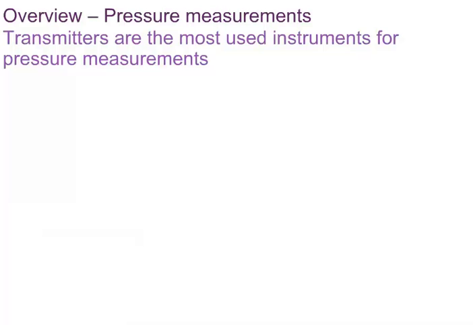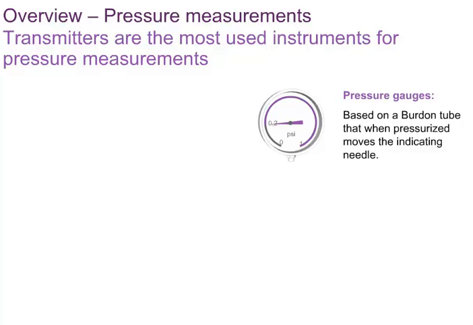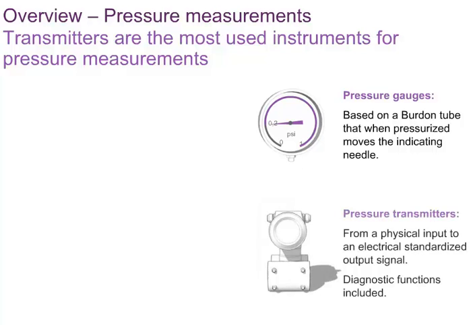Many techniques have been developed for pressure measurement. Inside today's industries, these measurements exploit essentially 2 different pressure instruments. Manometers, commonly used pressure measurement devices generally based on a Bourdon tube that once pressurized produce movement of the indicating needle. Pressure transmitters are devices that convert the physical input into an electrical standardized output signal and send this value